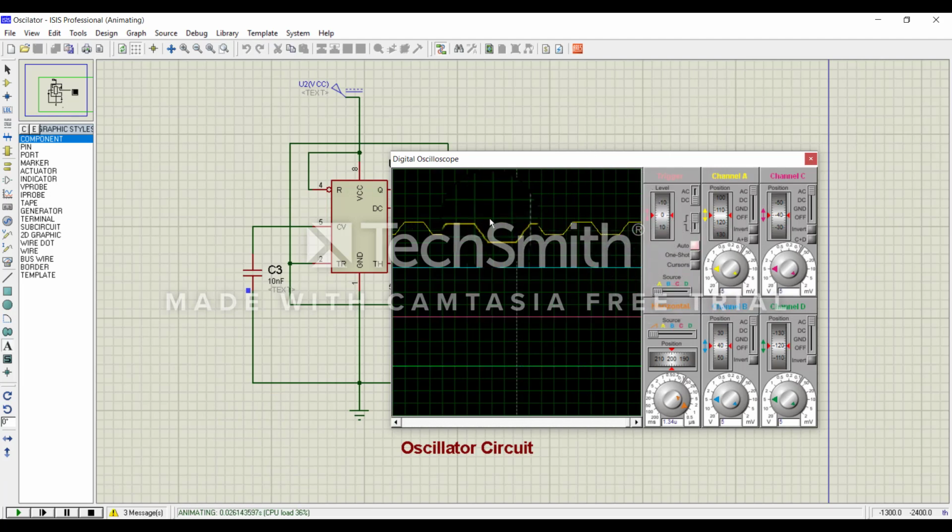So as we can see, we will get an astable waveform at the output. Here the duty cycle of the waveform is almost 50%, and if we set the x-axis scaling to about 6.67 microsecond, we can see that one complete cycle of this waveform will fit in a single division of the x-axis, which shows that the time period of a single cycle is 6.67 microsecond. That is, the frequency is 150 kilohertz, which is what we require.